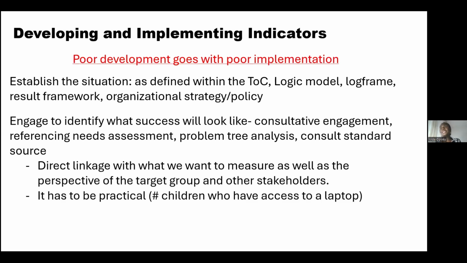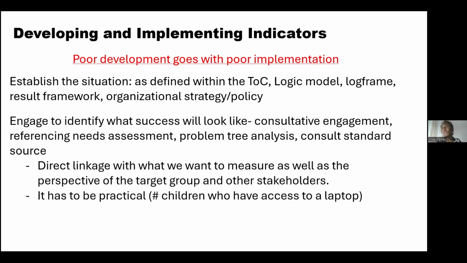I made mention of standard indicators. There are indicators that if you are doing certain interventions like nutrition, like literacy, there's no way you can say that you measure literacy levels by just hearing or using any other mere approach. You would have to undertake some kind of early grade reading assessment, the EGRA approach, to be able to assess and come out with whether a child is able to read or not. But the whole essence of working together with the people for a particular intervention is when you're able to come out with what defines their success, it helps in developing indicators that really address the